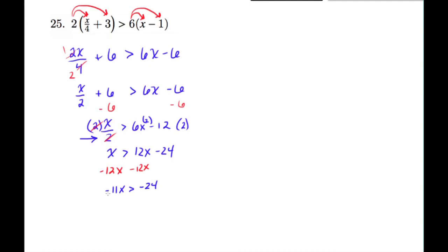Now I need to get rid of multiply negative 11, so I can divide it. So these cancel. x, and negative 24 divided by negative 11 becomes a positive 24 over 11. But don't forget, whenever we multiply or divide by a negative, we change the sign, less than. And that's okay. Graph